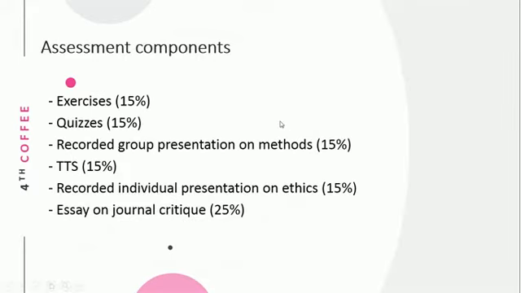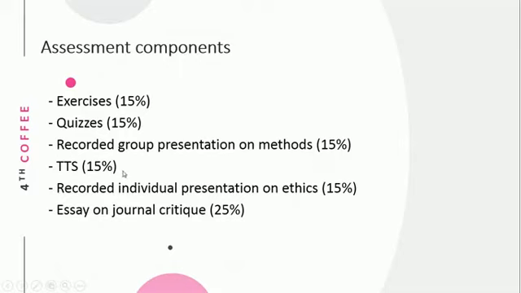So here are the assessment components of research methodology class. The first is exercises, that is 15%. Second, that is quiz. There are several quizzes during the semester. The total will be 15%. And then recorded group presentation on methods, 15%. TTS, that is